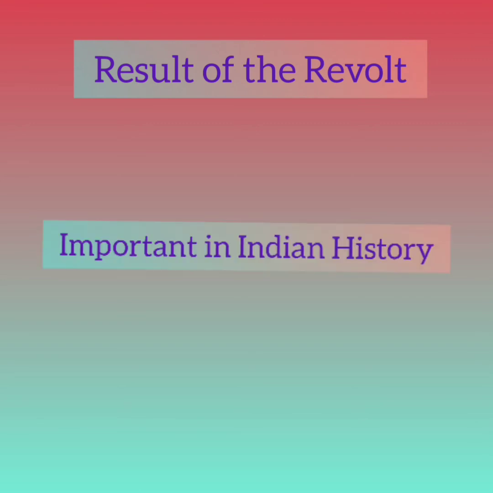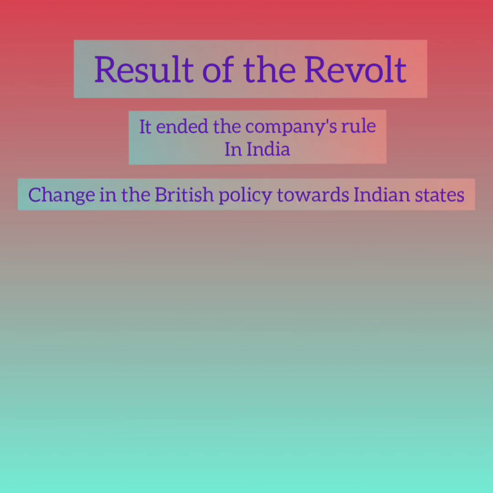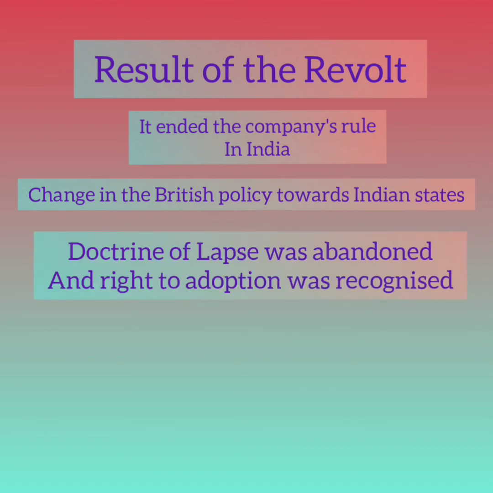Now let us look at the result of the revolt of 1857. Even though the revolt was a failure, the consequences of the revolt were very important in Indian history. The result of the revolt was that it ended the Company's rule. It also changed the British policy towards Indian states, such as the doctrine of lapse was abandoned and the right to